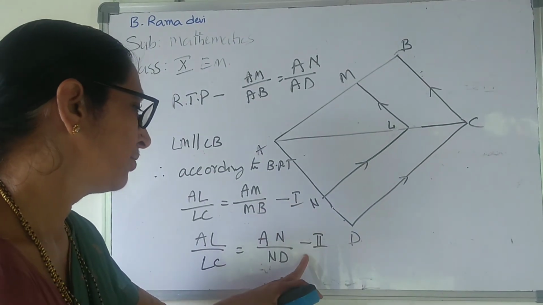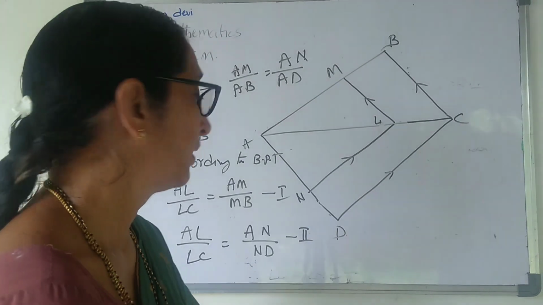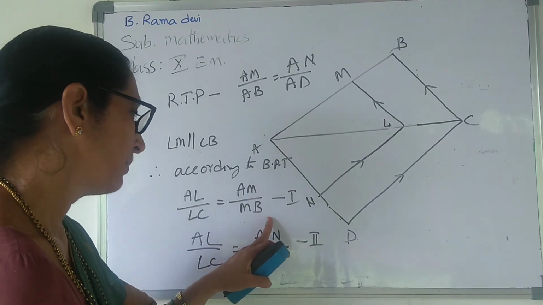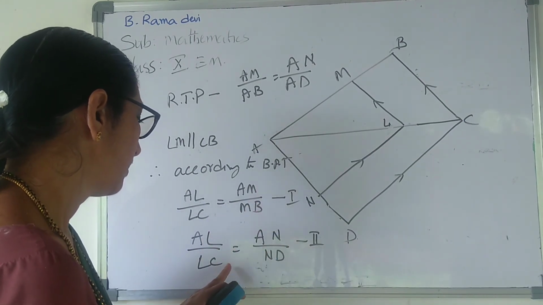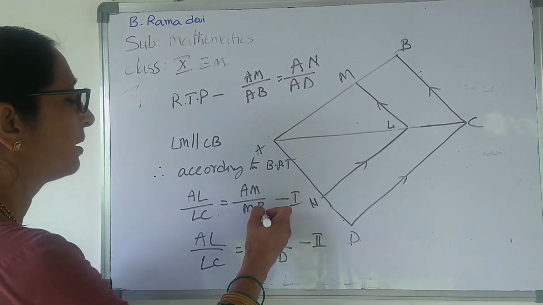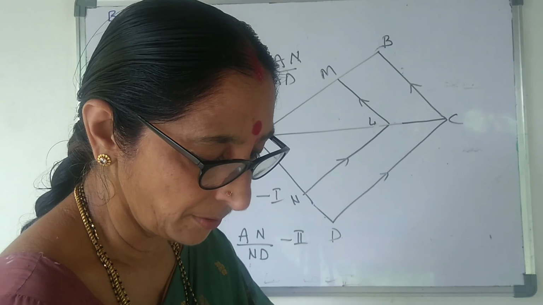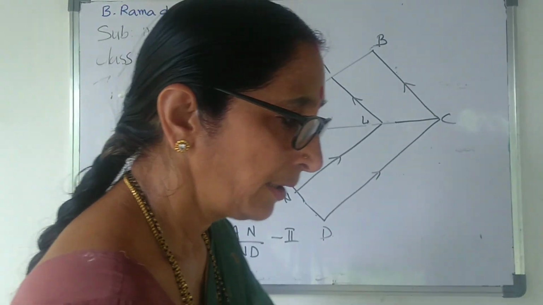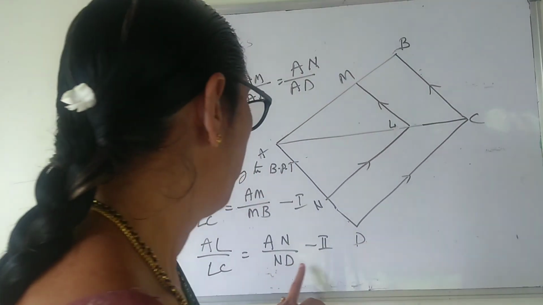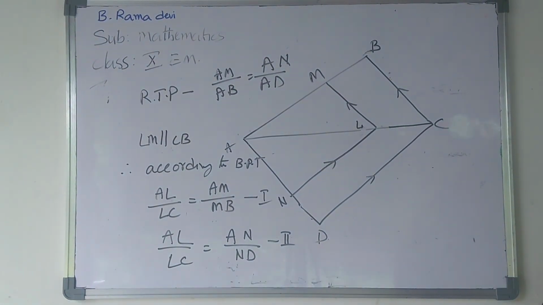And then, according to 1 and 2, what do you get? Analyze it. According to equations 1 and 2, AL by LC is equal to AM by MB. AL by LC is equal to AN by NB. So, we get AM by MB is equal to AN by NB. Can't you understand? And from the result, we have to prove what we have to prove. AM by AB is equal